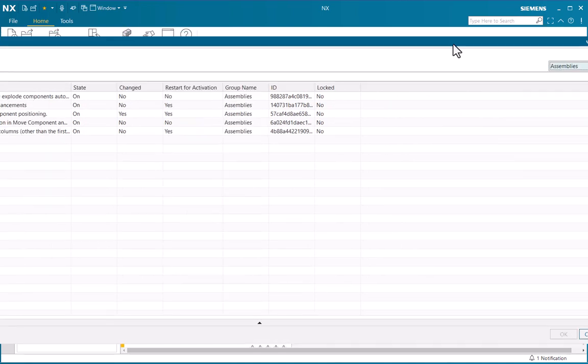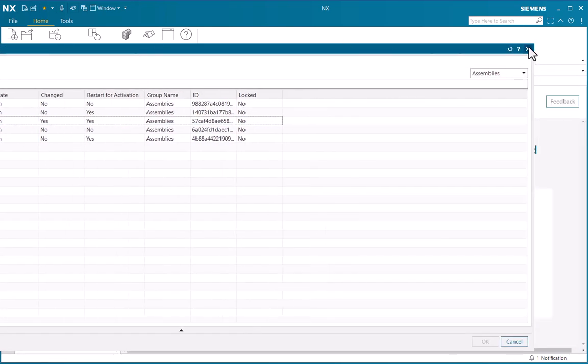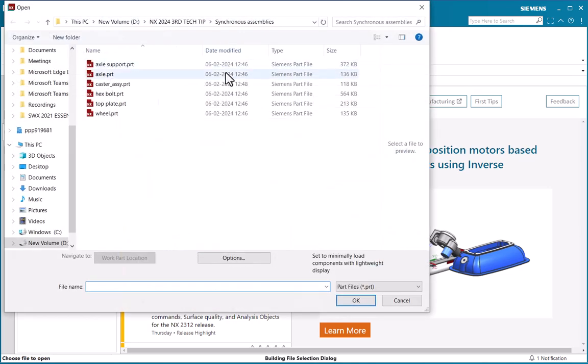the drop-down. And here again, make sure that for the option called enables shape change with component positioning, the state is on. If it is off, then right click and select on. After making these changes, close this window and restart the NX application so that the changes made will get applied. After doing this, open an assembly called Castrol AC.prt